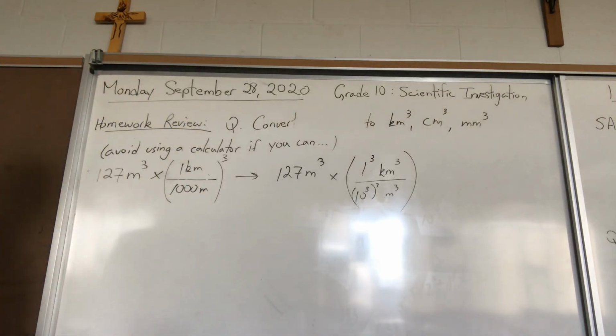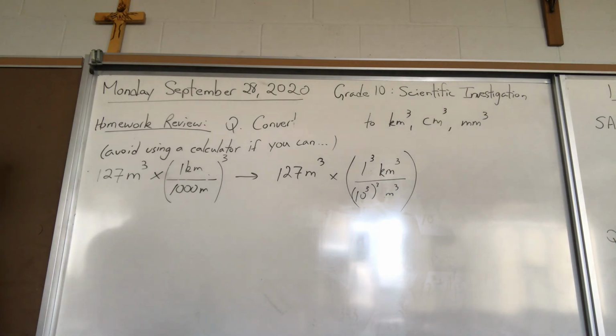So class, this is your homework review from the last class we had on Friday. This is grade 10 scientific investigation skills. We're continuing the things we learned last week. I gave you homework where I asked you to convert 127 meters cubed into kilometers cubed, centimeters cubed, and millimeters